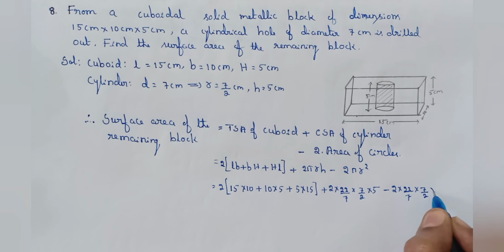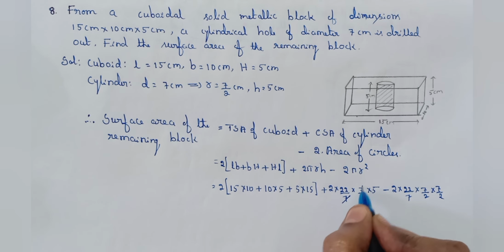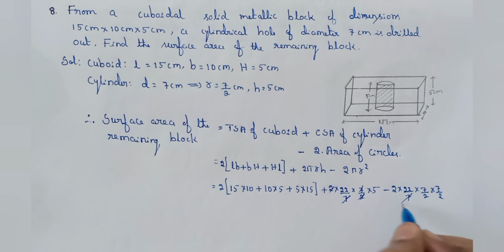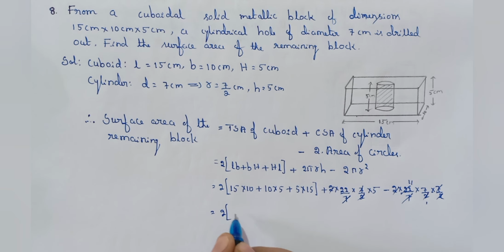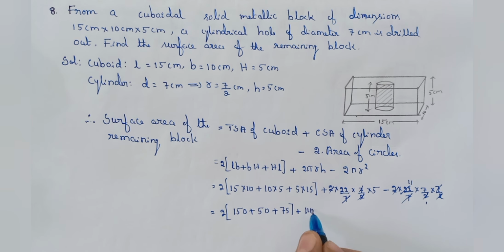7 by 2 into 7 by 2. We can cancel the 7 and this 2. Here cancel the 7. This 2 ones are 2, 11s are 11. Next 2 into 15 tens are 150 plus 50 plus 75 plus 22 into 5 is 110 minus 11 into 7 is 77. 2 into